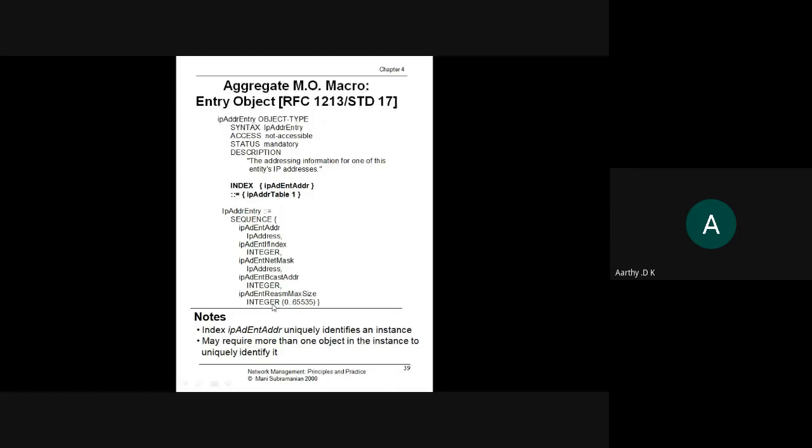If you remember, IP address is an application specific data type that we saw yesterday. Integer is a general or basic data type. IP address is again an application specific data type. This is an integer data type which is basic. This is integer with a subtype. So if you specify the range of the integer, then it becomes a subtype of the integer data type. The remaining things are the same.